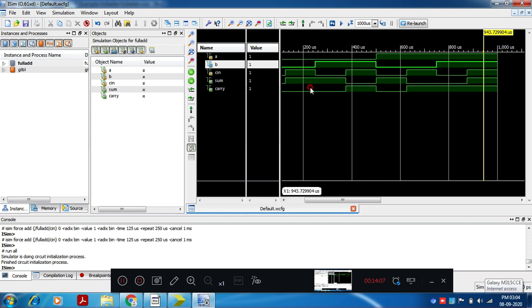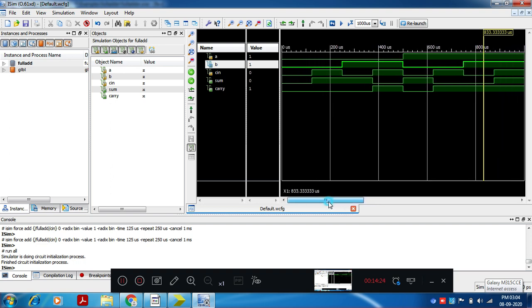What is the trick that I have used is, for A I have selected one clock period as 1000 microsecond. For B I have selected half of it, 500 microsecond. So if you observe, starting from 0, A has got only one cycle, B has got 2 cycles.